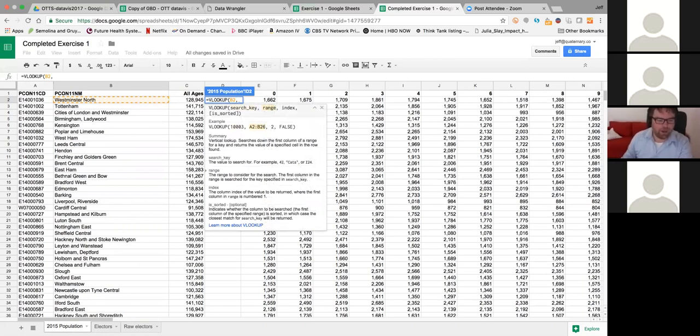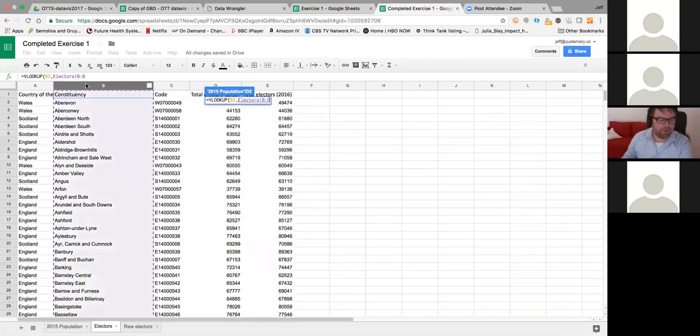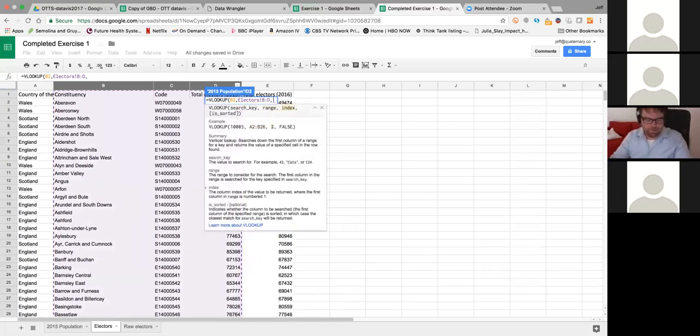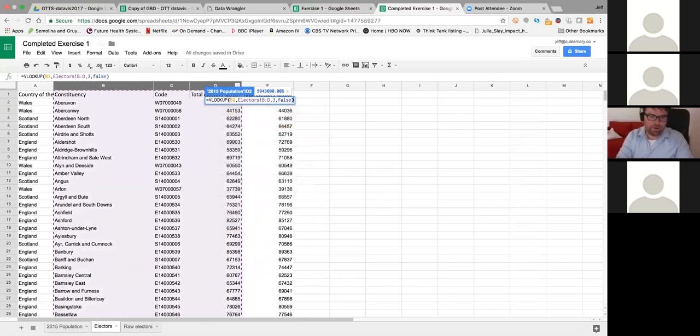If I then do the range, this one has to be in the leftmost column. We can go 1, 2. Now we have 2015 data and we have 2016 data. But our population is 2015. So which one do you think we should use for this one? Let's do like for like, and let's say 2015, which is in this case column 3. And then if we hit false,